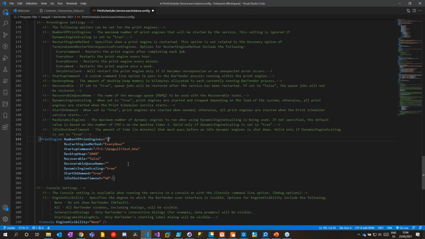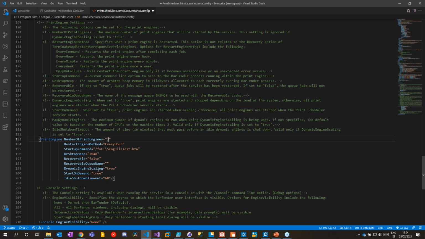So this is perhaps wasteful of resources if you're not always doing high volume printing, but if you are doing high volume printing and you want as little latency, so you're not having to wait for a print engine to be launched, you want as little latency as possible, then you would want to have all of your print engines running with no dynamic scaling,